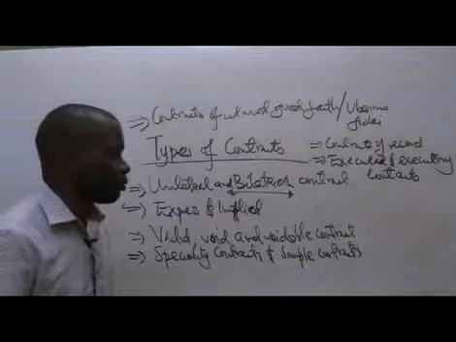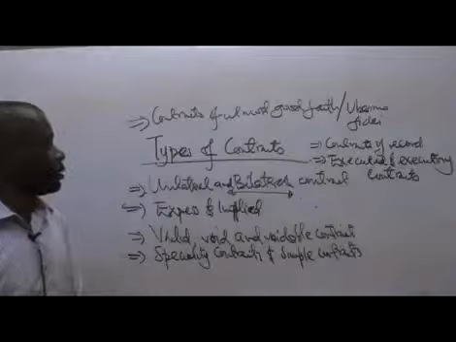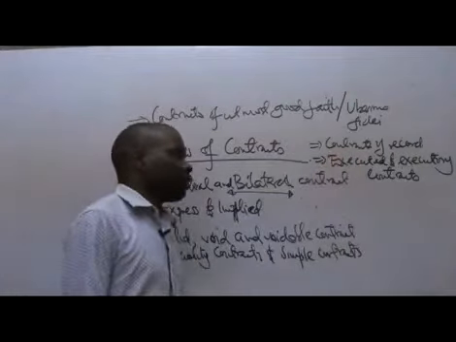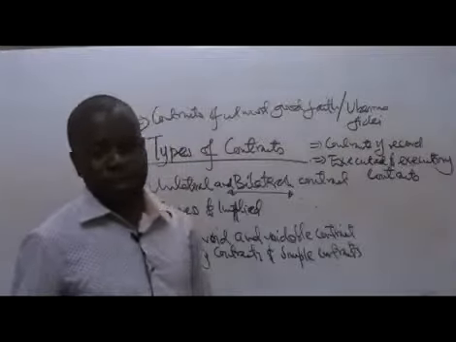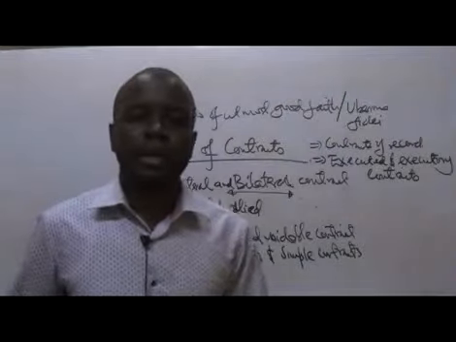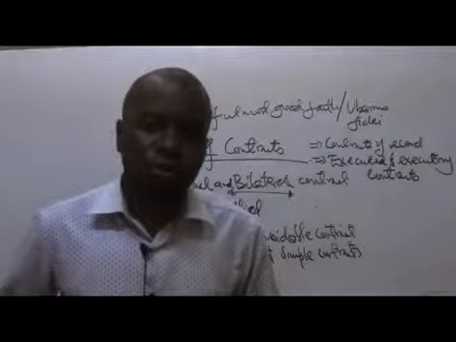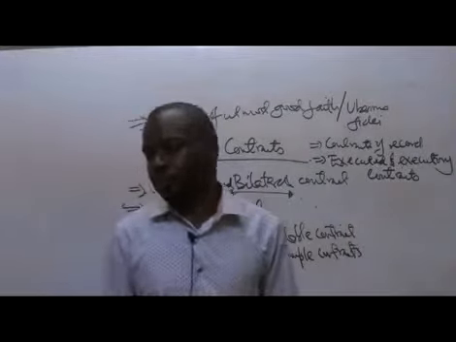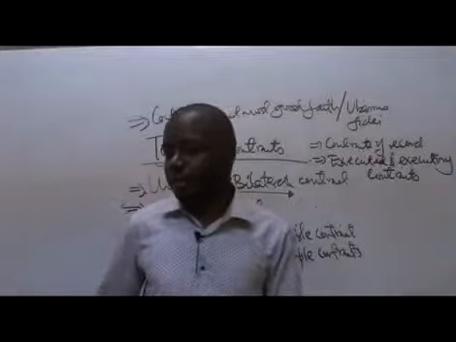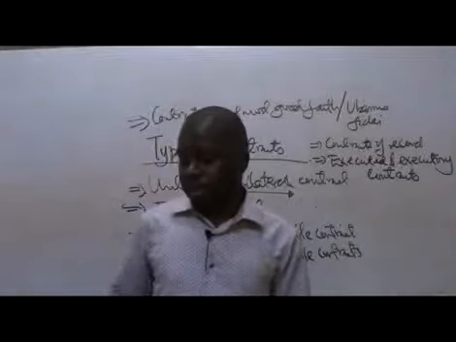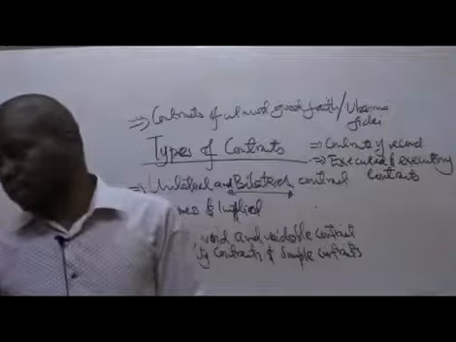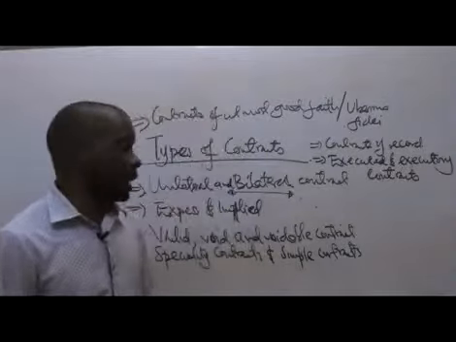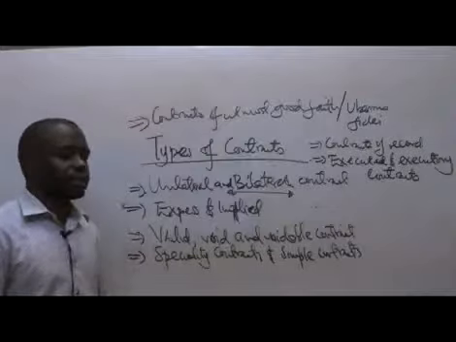Then you have contracts of record. What do we mean by contracts of record? They are, for example, the rulings or judgments that are normally made before a court of law. They are usually kept on record by the judge, so reference can always be made to them at a future date. Those particular judgments might compel a certain party to fulfill certain obligations.